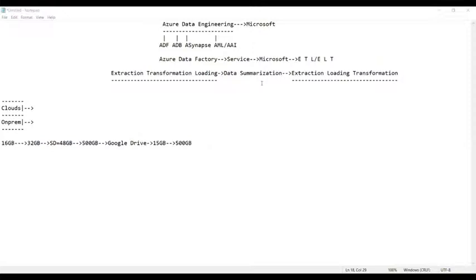if you lose your mobile phone, we simply buy a new handset and log in using our email ID, that is, the previous email ID with which this Google account was created, and we enter the password. Once we enter the password, a synchronize option will be there. Automatically, whatever data you have stored in Google Drive, that means the 500 GB of data, can be retrieved back on a new handset with the help of Google Drive.